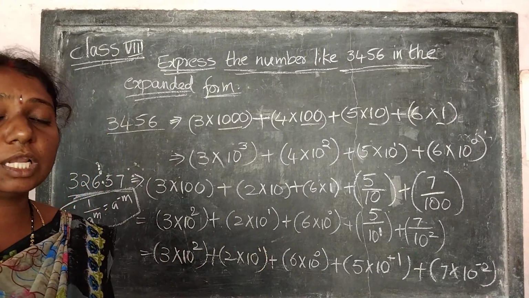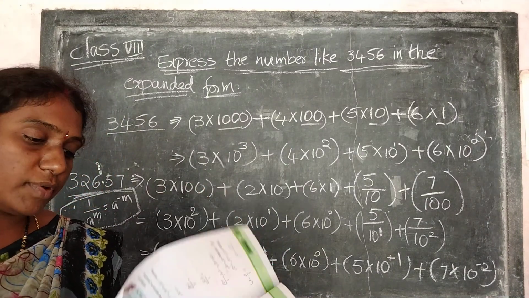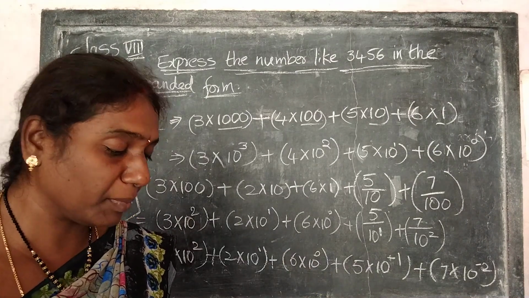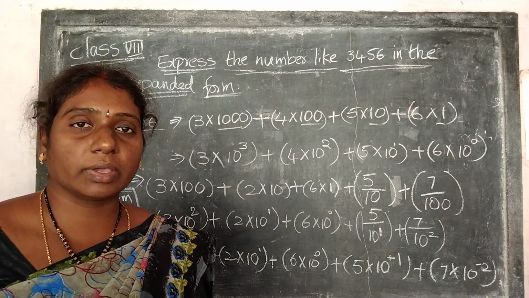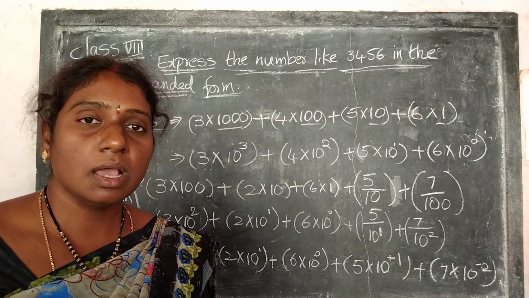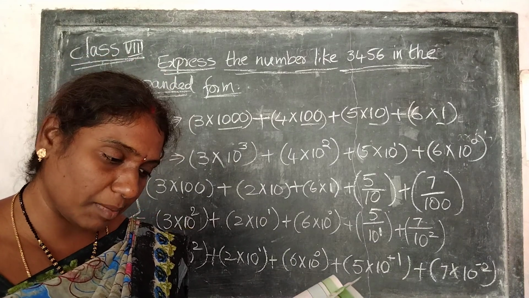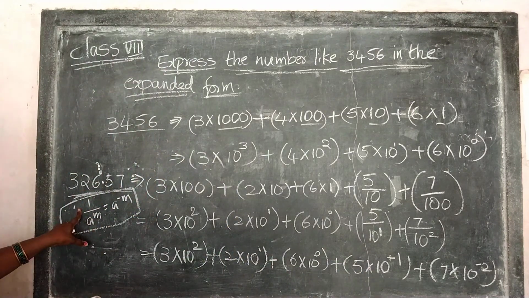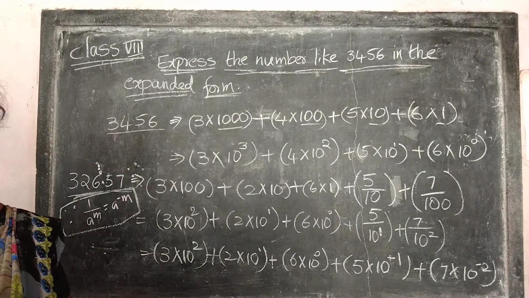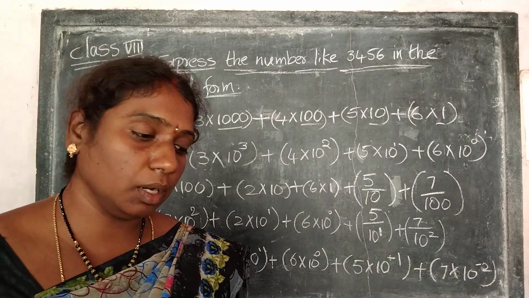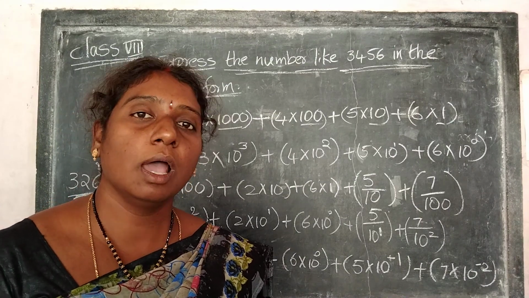Next, the laws of exponents. I am going to explain the laws of exponents in the next class, because from here onwards we have some formulas, and I will explain each one by one. Already I told you a power minus m is equal to 1 by a power m. I will explain this briefly again in the next class, along with some examples based on it.